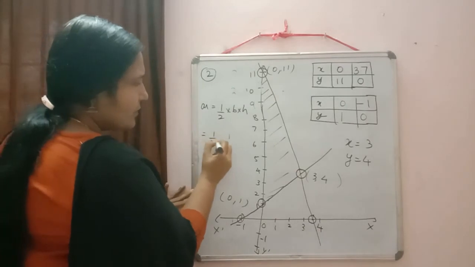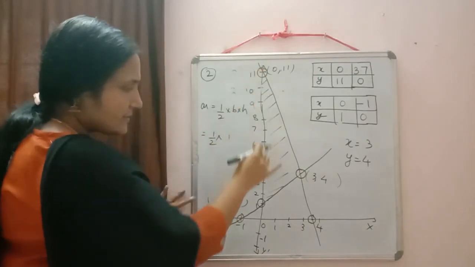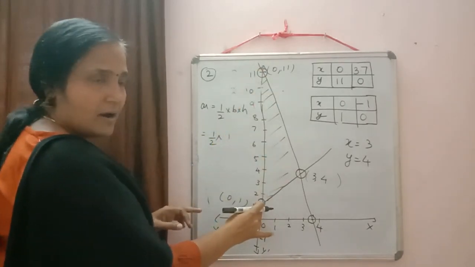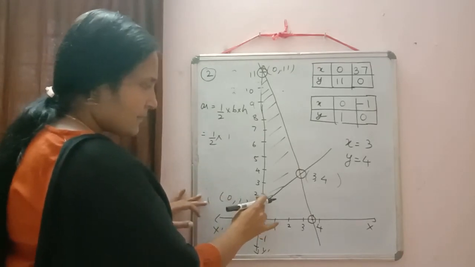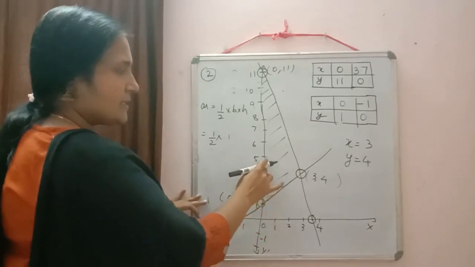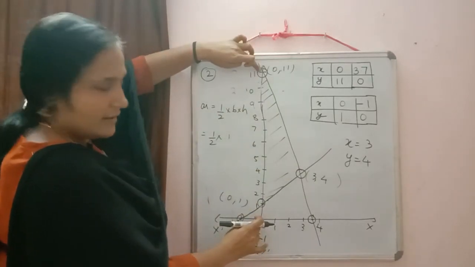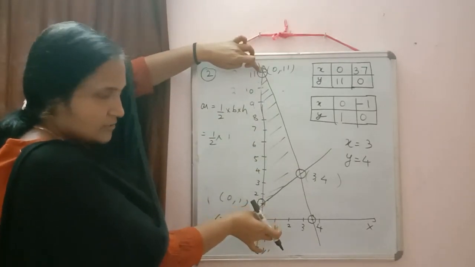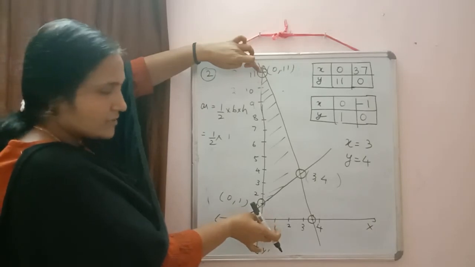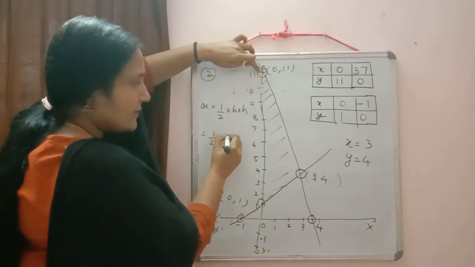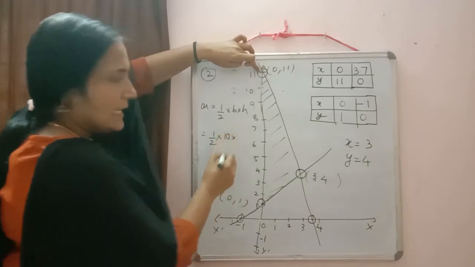Now we can check what is the base here. This is the base. The base we started from 1. Either you can count there, 1 centimeter, 2 centimeter, 3 centimeter in this way, or total is 11 and we removed this 1 centimeter only. So 11 minus 1 will be equal to 10. So base will be equal to 10